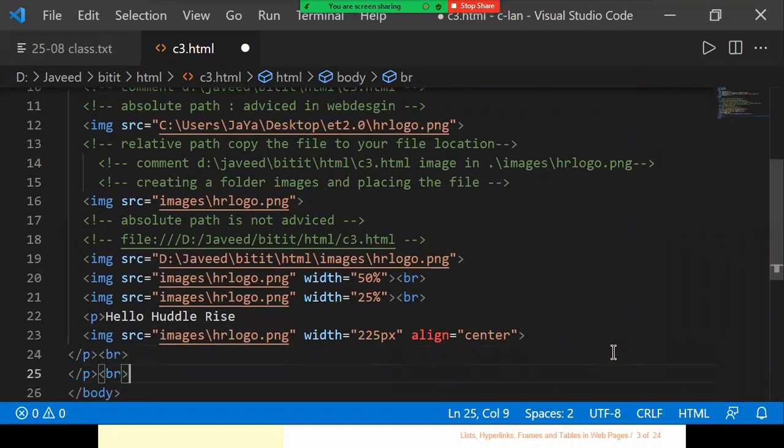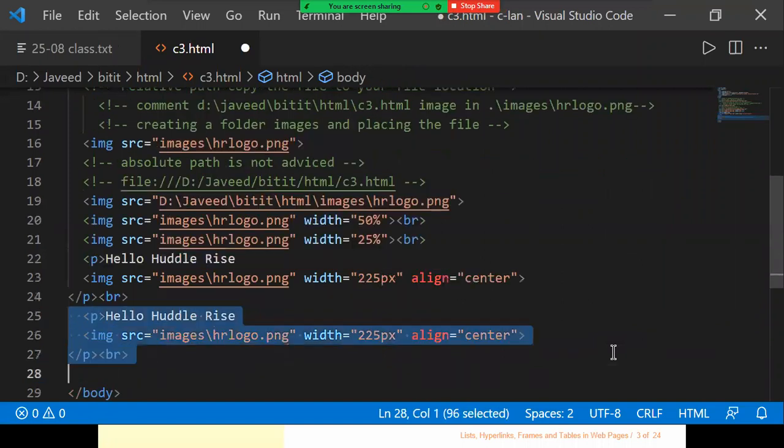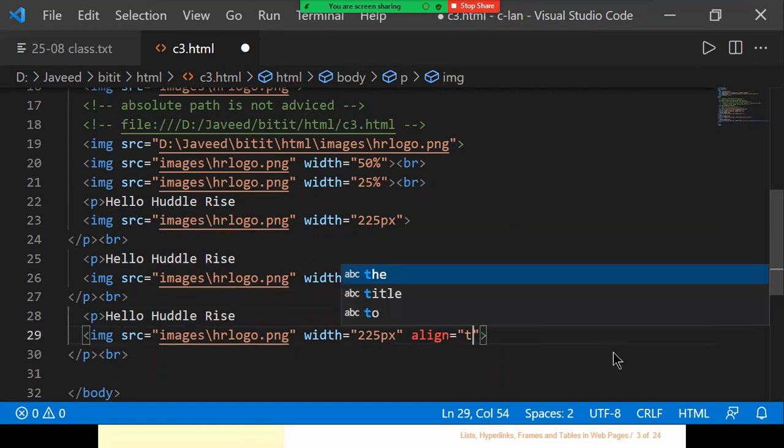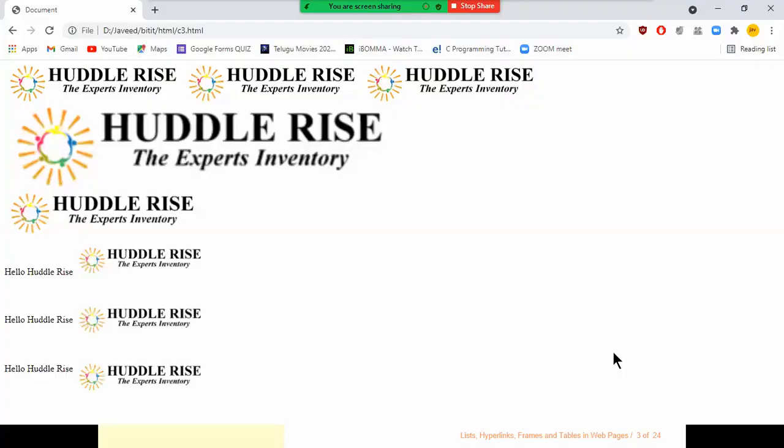I'm just trying to duplicate this stuff, sorry. Let us see how it's going to be. By default, when I'm not giving any alignment, the first line is without any alignment, so it's going to be bottom aligned. One is on the left and the center I'm making it. Then the other one is top alignment. Now you can see the text here. What happened?